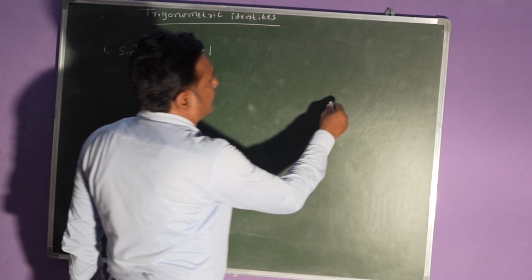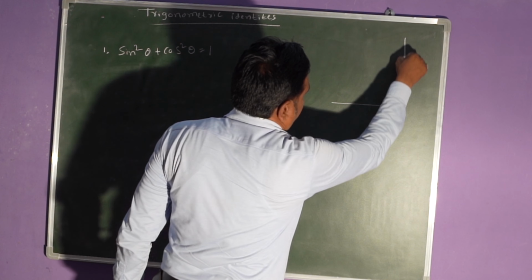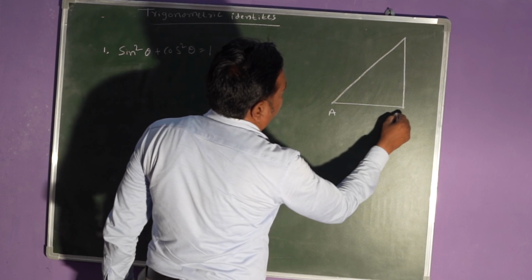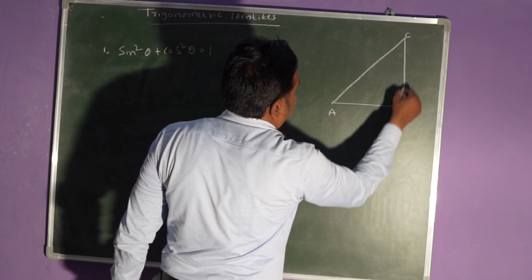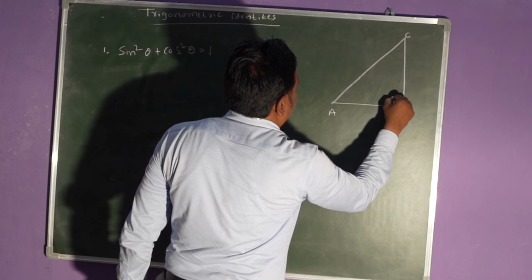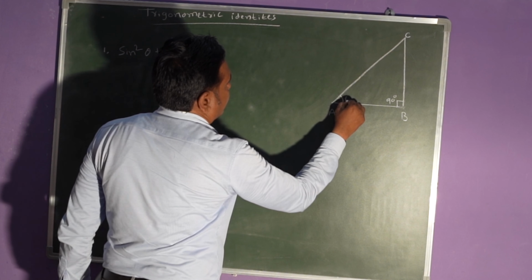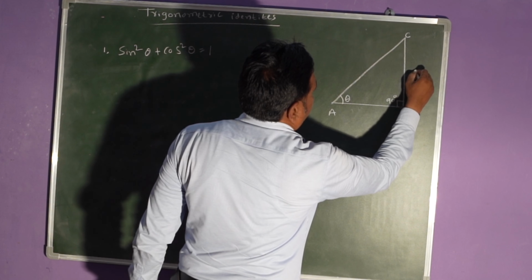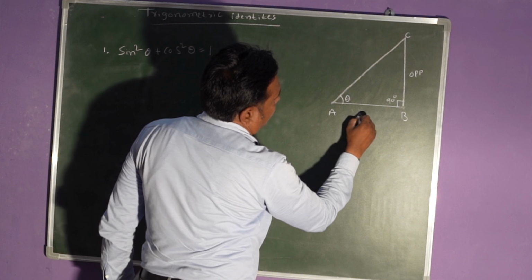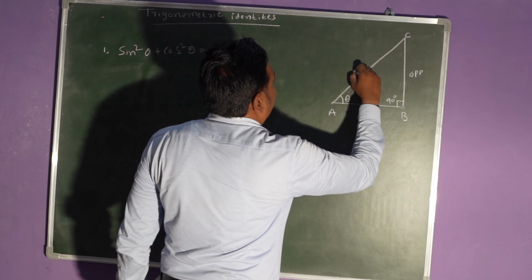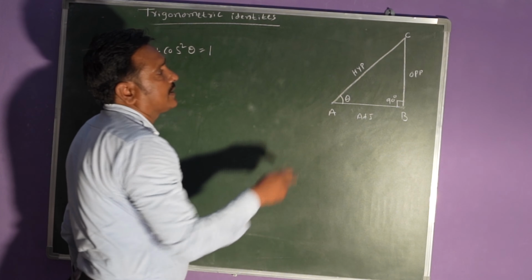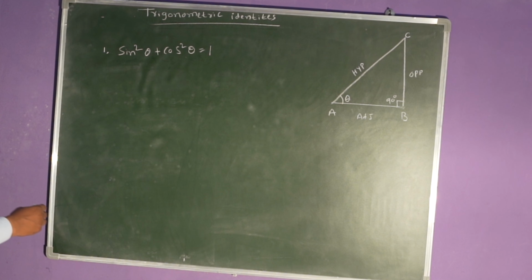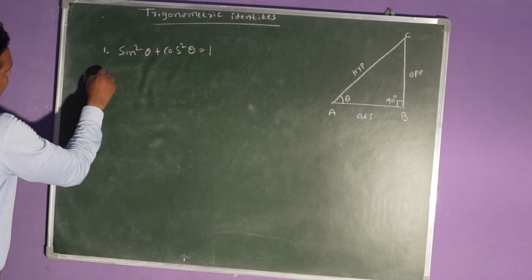We prove this by taking a right angle triangle. This is the right angle triangle, and the triangle name is ABC. Angle B is the right angle. This one is theta, and opposite to theta is the opposite side, and this one is the adjacent, and this one is the hypotenuse. The side opposite the right angle is always the hypotenuse. Okay, is it clear? Then first, by Pythagoras theorem,